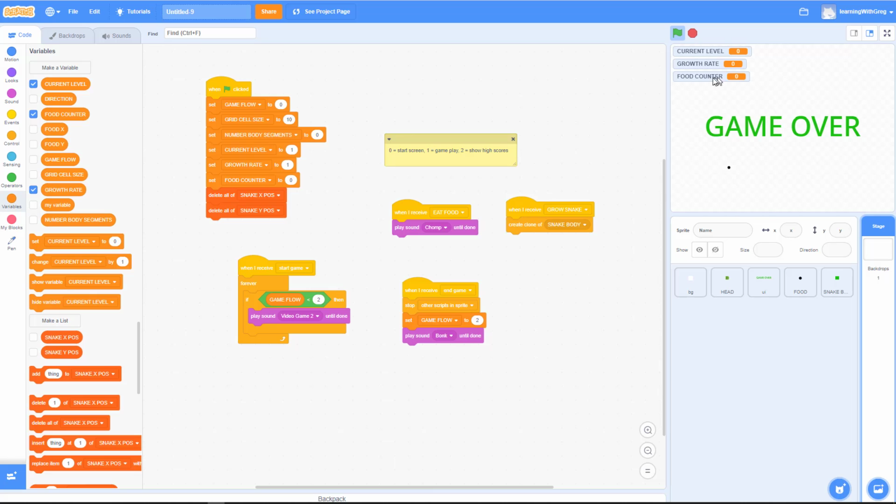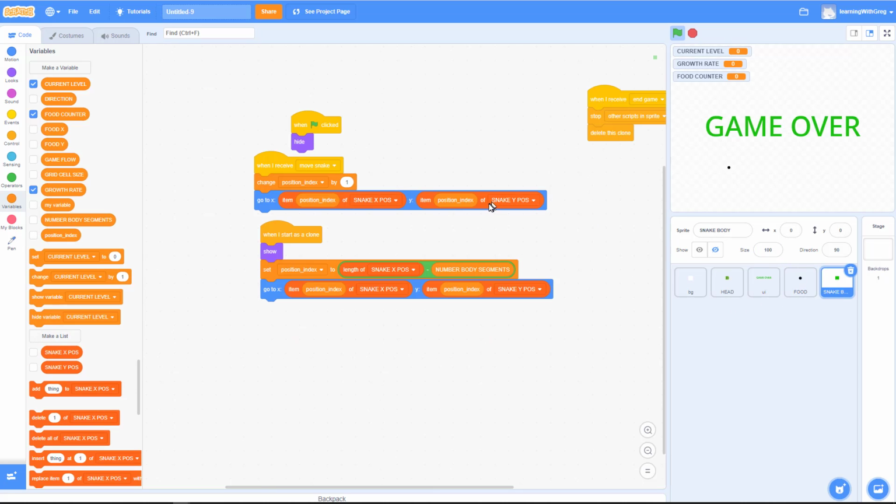To that food counter in a minute. So for starting purposes, I'm just going to do some experimenting here to make sure that I can get the functionality to work the way I want. And one other thing I thought of here, the snake body, it's all just that green costume that we've created